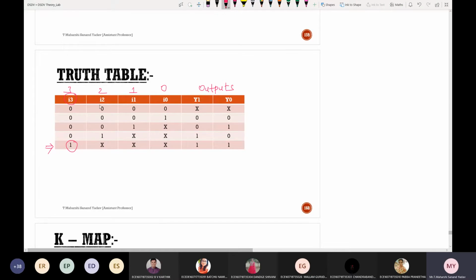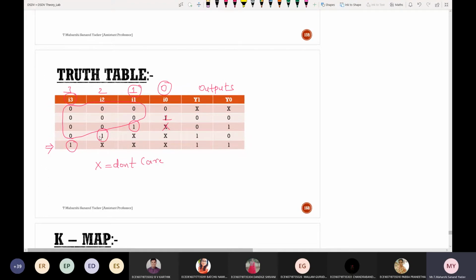Similarly, when I2 is high, no need of checking for the lower conditions, which are 1 and 0. Similarly, when I1 is high, no need of I0. If there is I0, no need of checking for the upper conditions also. Remember that the upper conditions will be 0, whereas for the lower conditions there is no need of checking, so they are X. I'm treating them as don't care.